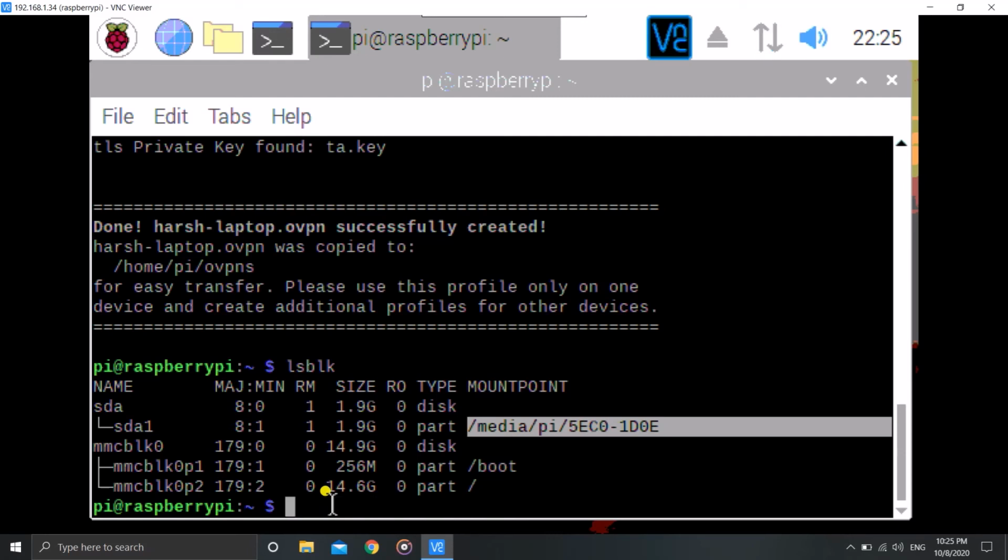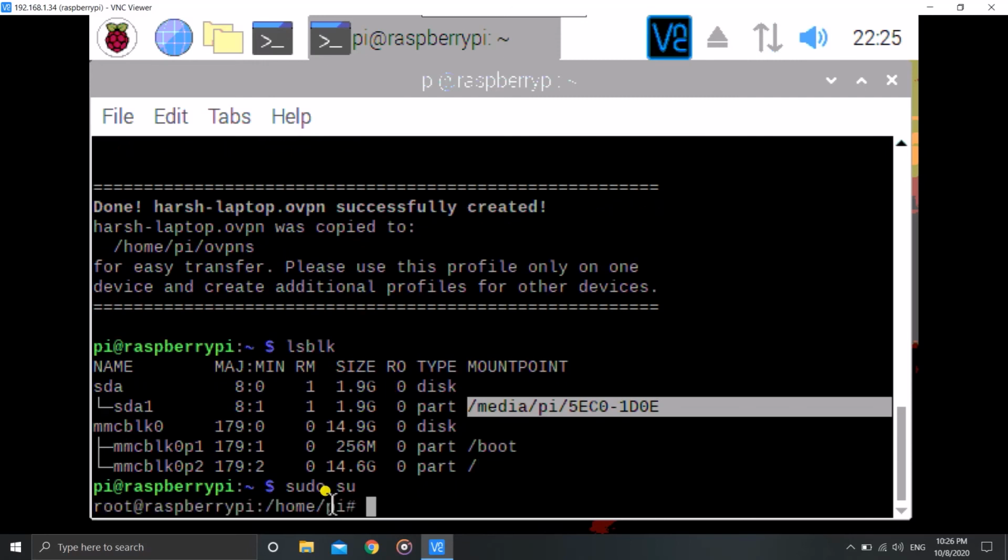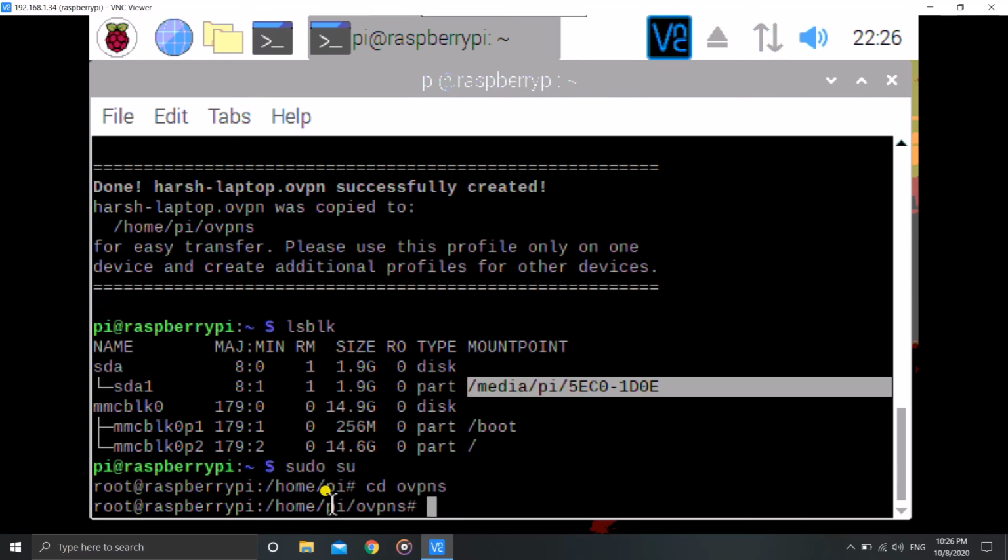We have to navigate to that location first, so we'll use cd, which allows us to navigate to that folder. It was in /home. We are already in /home, I guess. We'll do sudo su, so this will take us to /home/pi, and here we'll go into cd ovpn. So we are in that. Now we'll just do ls.